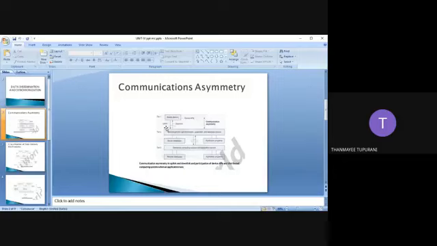Whenever we discuss the uplink direction, it can be from server to client. Downstream is for server to client, and upstream for client to server.